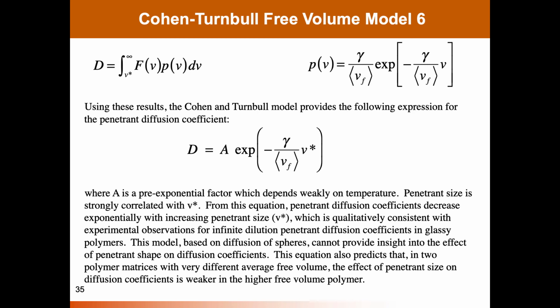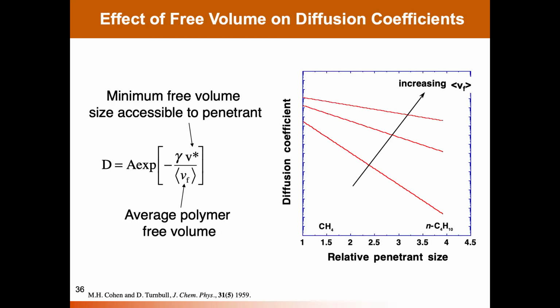So the more free volume there is, the higher the diffusion coefficient, and it gets particularly higher for larger molecules. And so this is now starting to put it in terms that are a bit closer to something we might find in an actual application, but again showing the diffusion coefficient as a function of size. And I picked methane and butane because I'm going to show you an example in a moment